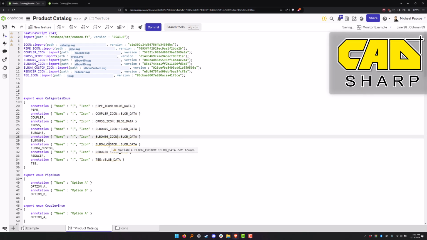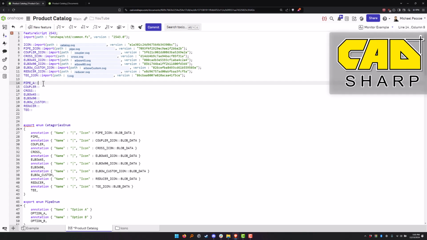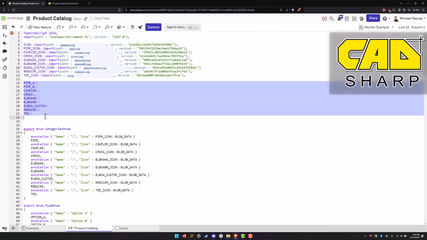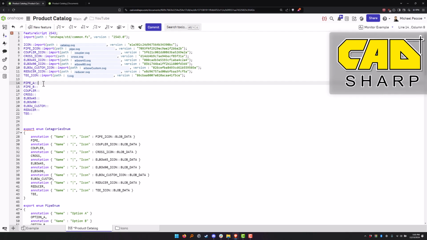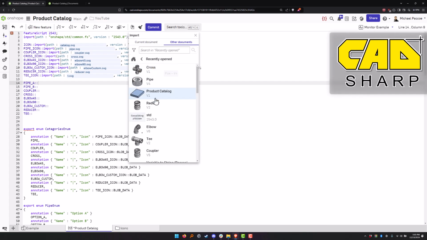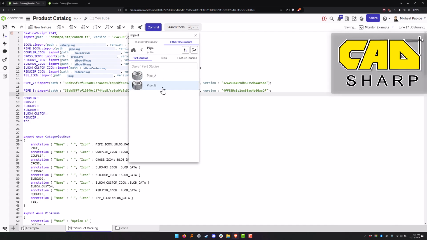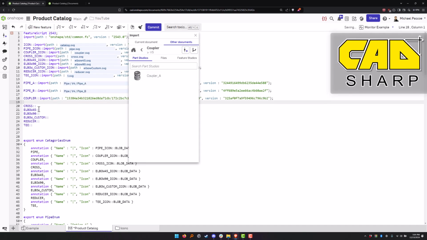And there's going to be two pipes, so let's add pipe A and pipe B. So if you had a bunch of different products, you'd need each one of these named according to those products. We only have one of each of these other types, so that's fine for now. So now click the import button, go to other documents, and I recently opened these example products. Let's get the pipe A, pipe B. Now we want the coupler, the cross,